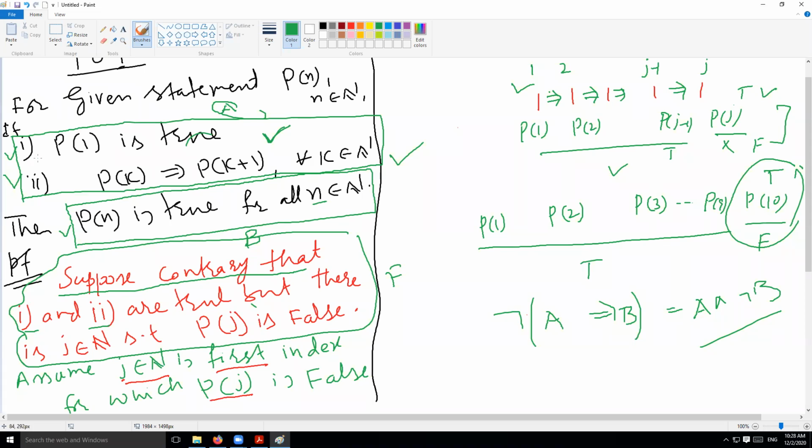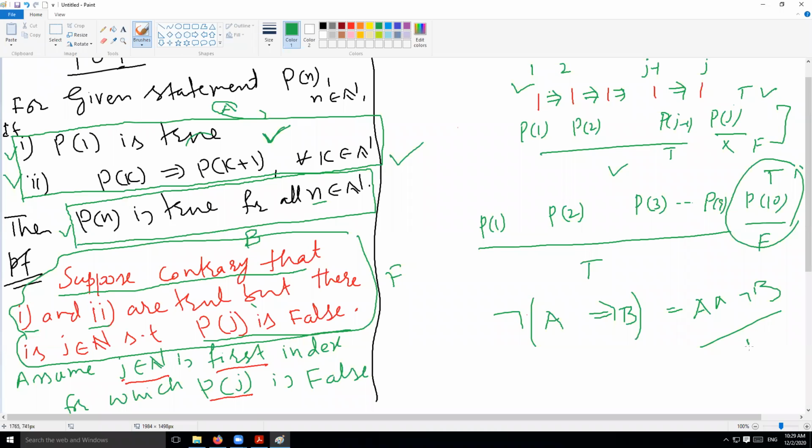So if they are true, then the conclusion that I have talked about here is going to work, that P of 10, the 10th statement, is false because of this assumption, and it's true because of the second part of the assumption A. So P of 10 is a strange statement which is true and false at the same time. So therefore, just throw this entire negation into the dustbin.